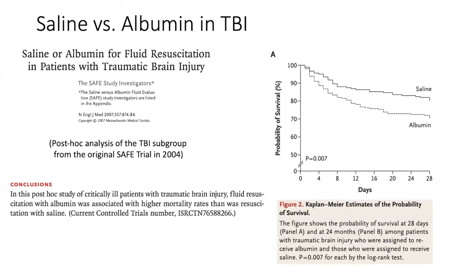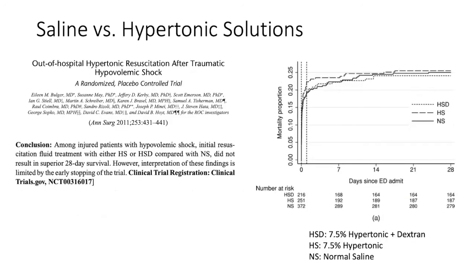And then really these have fallen out of favor at this point, but we can talk about saline versus hypertonic solutions. This was an early randomized controlled trial in patients with traumatic shock. There was no difference in the early results in terms of patients who received basically hetastarch versus normal saline. But follow-on larger studies, again in the New England Journal of Medicine, demonstrated in patients who had sepsis